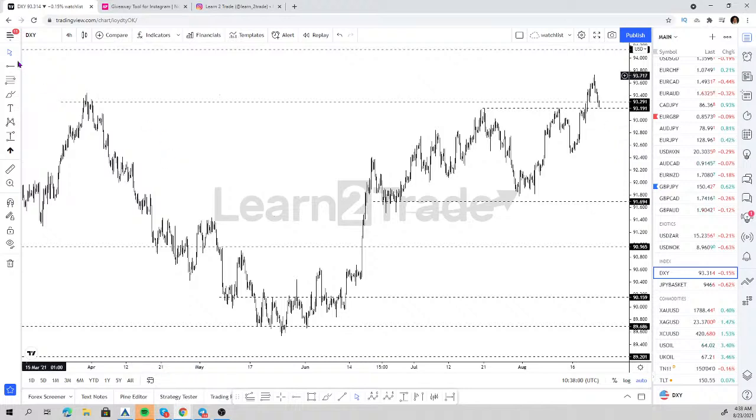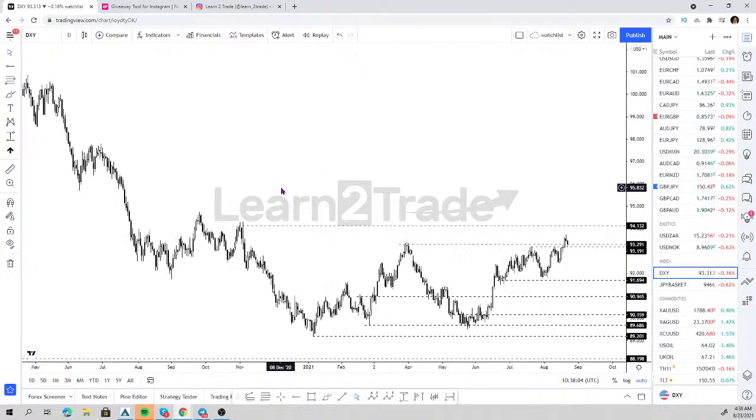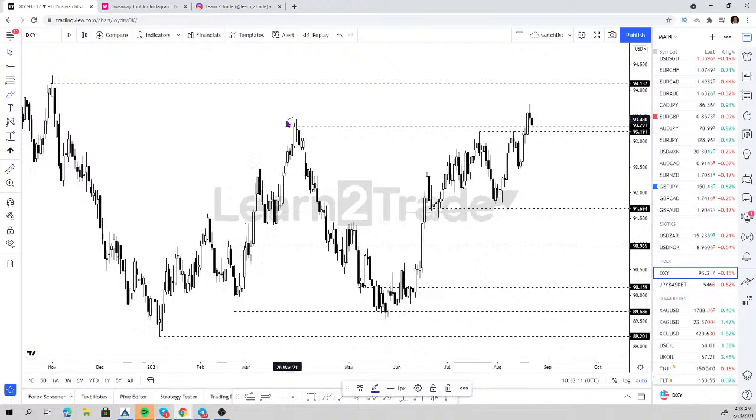I don't know. So actually, let's have a look at the daily chart on the DXY. Right, so we've had a very, very bullish breakout on the US dollar. This level right here was broken and completely validated with this daily candle closing way above those highs. So we are looking for longs and longs only due to this bullish breakout.